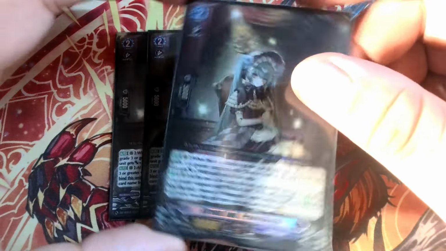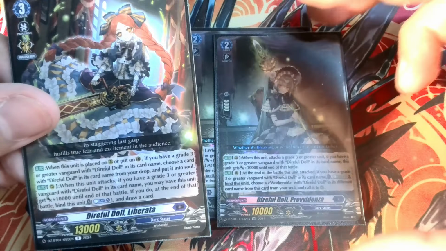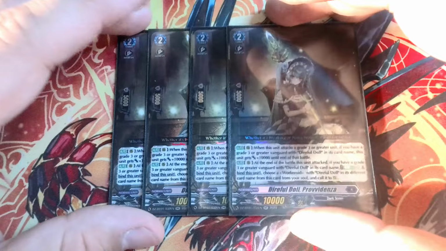So, you can definitely chain this into a Liberata, and then get a doll from Soul, keeping the whole cycle going. The deck needs you to cycle a lot of the things to really effectively do what you want it to. But this is your multi-attacker. You really want to mulligan to get this card in hand